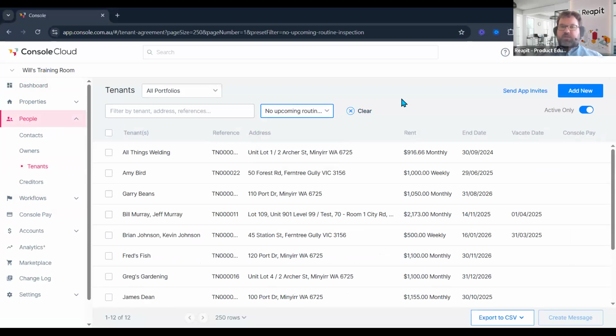Now, I've got a few within my system, 12 in total, and this is a bit of a mixed bag because this is an audit report. It's not necessarily telling me that there's no routine, it's just there's no upcoming one. So this might be properties which have one that I need to complete. Could be some commercial listings that I've got in here, and there may be the odd one where I have just forgotten to put one in place, or I've completed it,